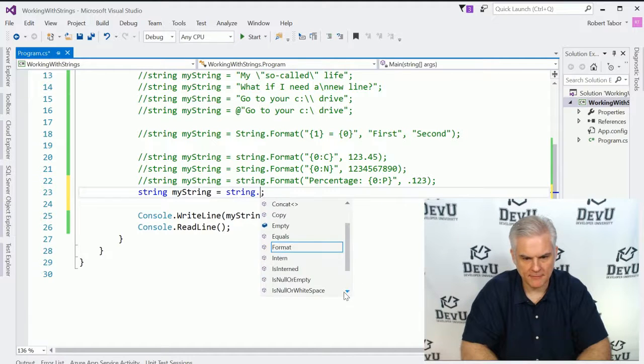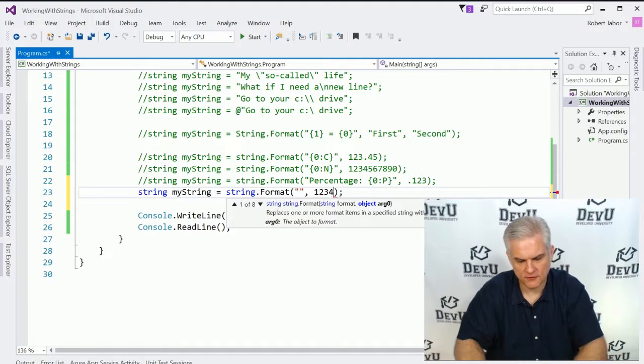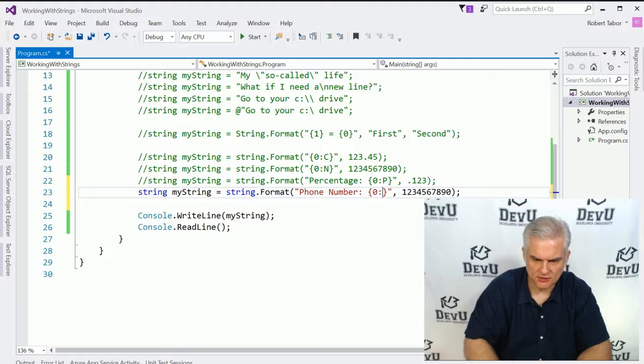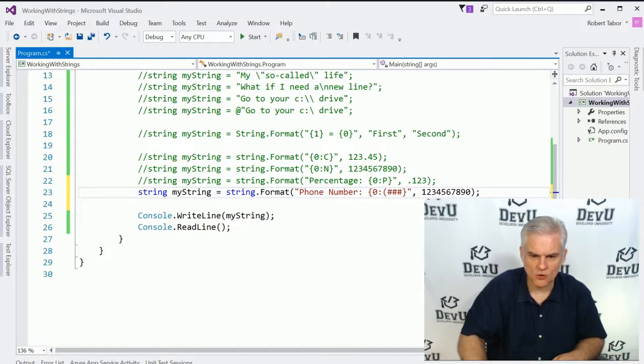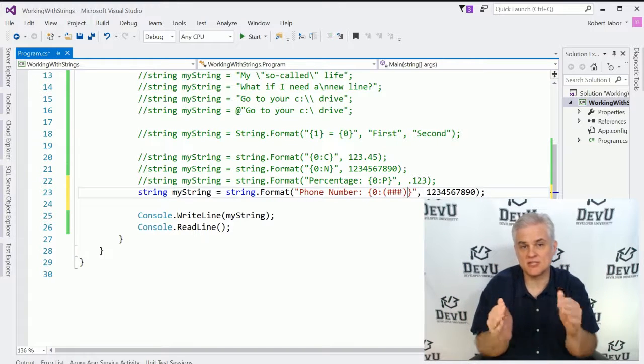So let's go string.format, and let's go 1, 2, 3, 4, 5, 6, 7, 8, 9, and 0. And I want that displayed like a phone number. So I would use 0, and then I'm going to use pound symbols to represent each digit that I want formatted. So in this case, actually I'm going to use parentheses around the first 3 numbers, because that's usually how